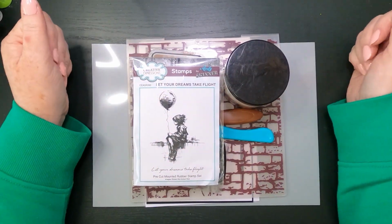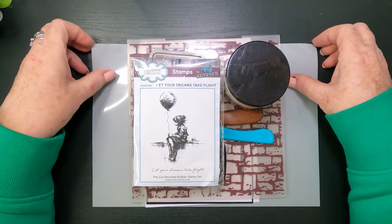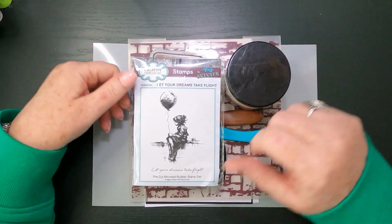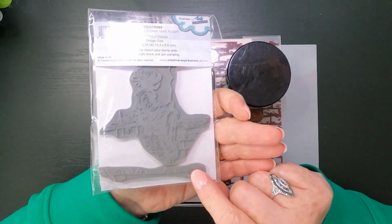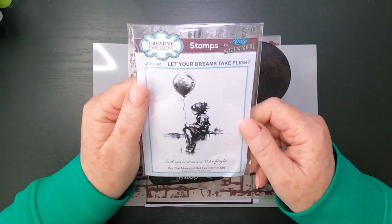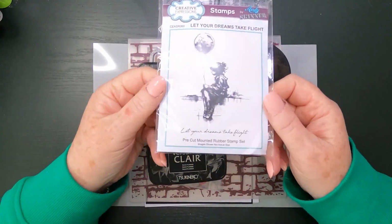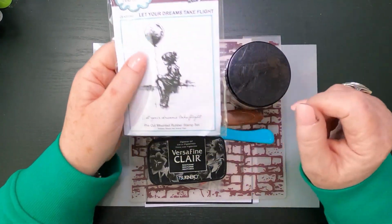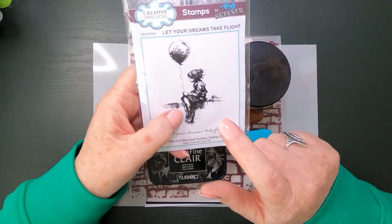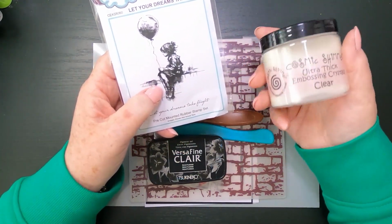Hi, good morning. Right, today I'm going to do a little demo, mixture of things really. I'm going to be using one of these lovely grey rubber stamps by Creative Expressions. Andy Skinner is the artist of these, and they're gorgeous little stamps. I'm going to be stamping it on vellum, and then I'm going to emboss it with this clear embossing